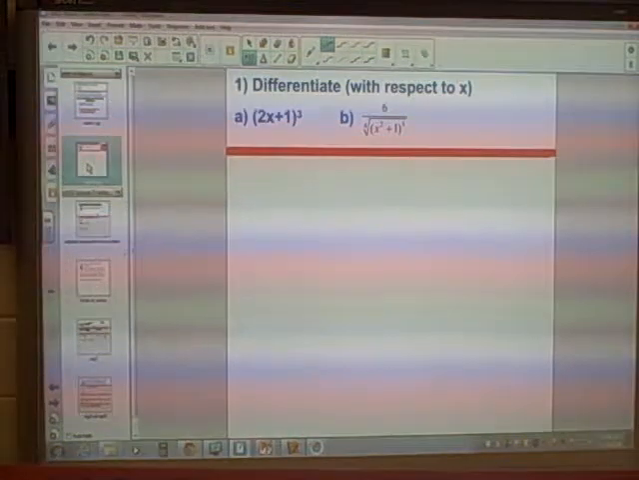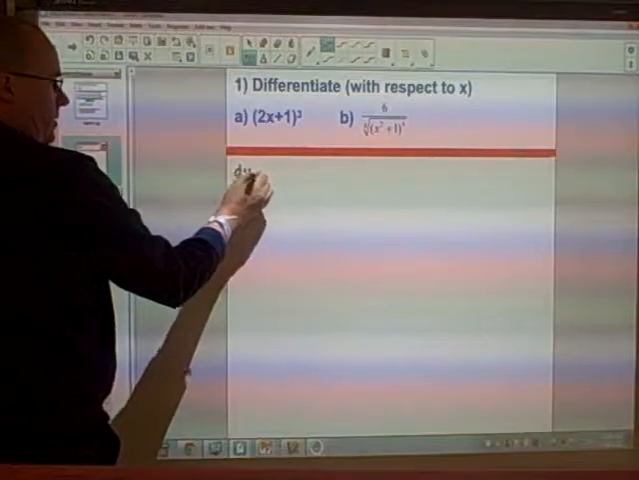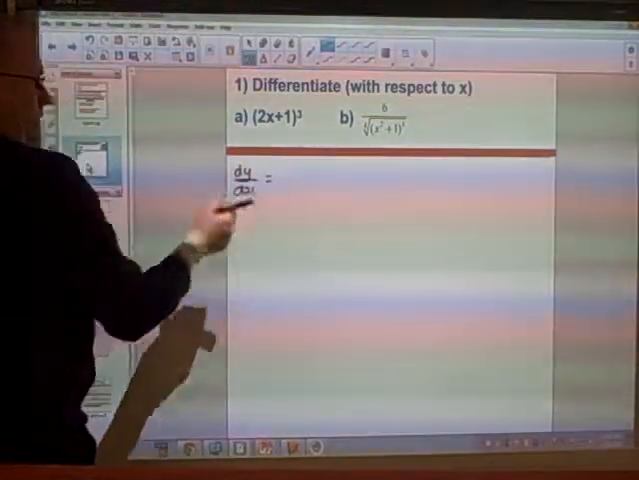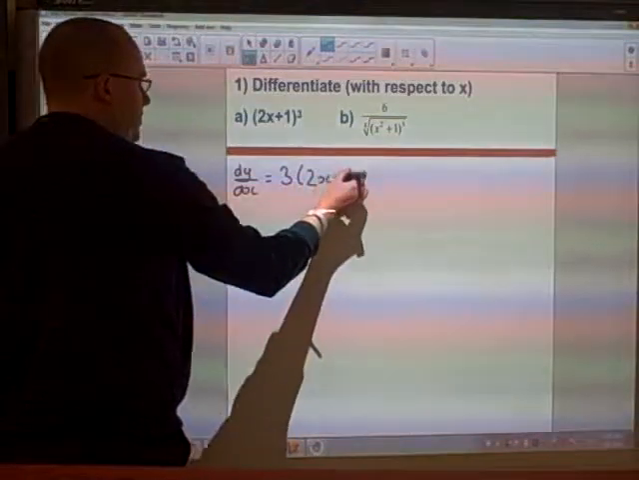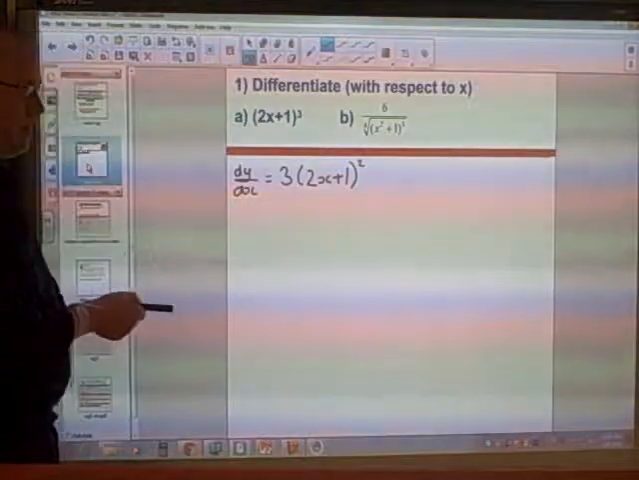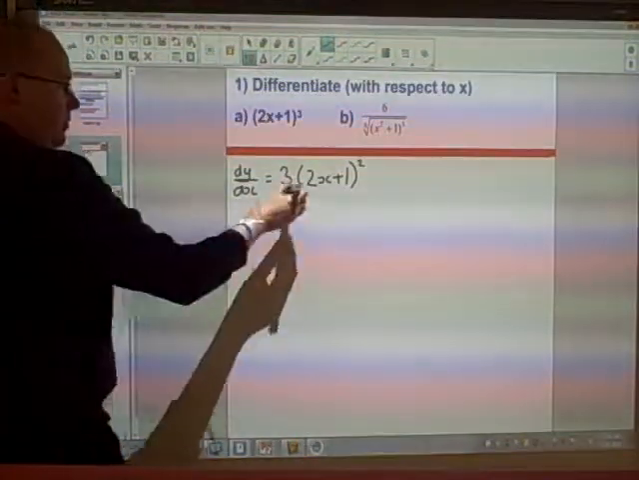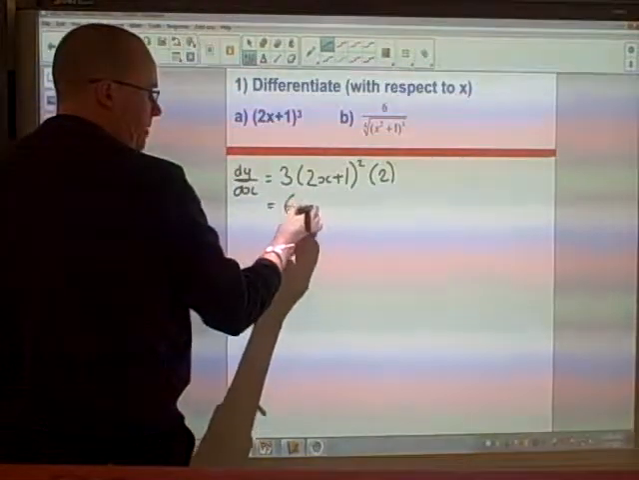So first of all, you should recognise this as the chain rule. So what we're going to do is bring the power to the front. If I call these all y equals, then dy by dx equals, bring the power to the front. We're going to decrease the power by 1. But we also have to remember we've got to times by the differential of what's inside the parentheses, which this time would be 2. And then if I simplify this,